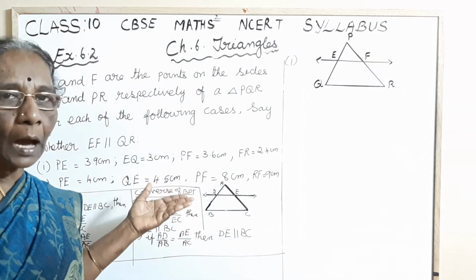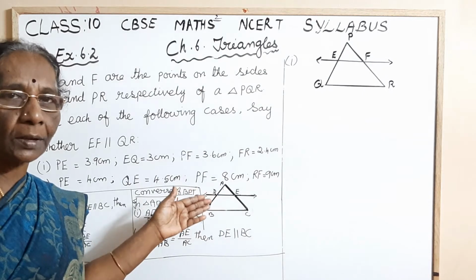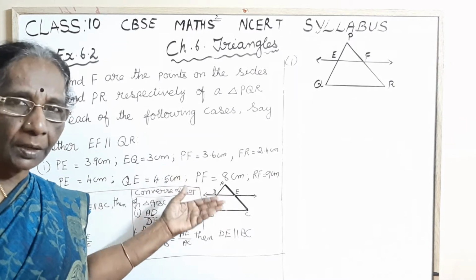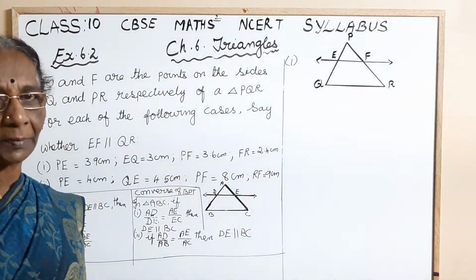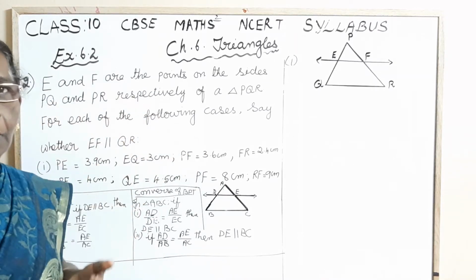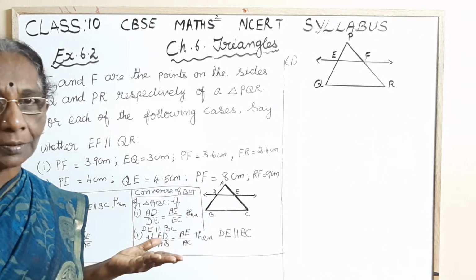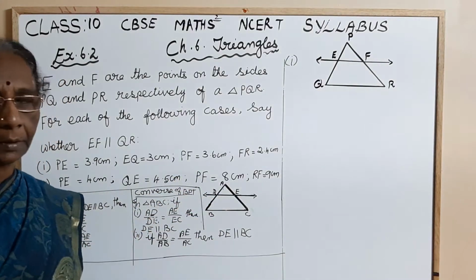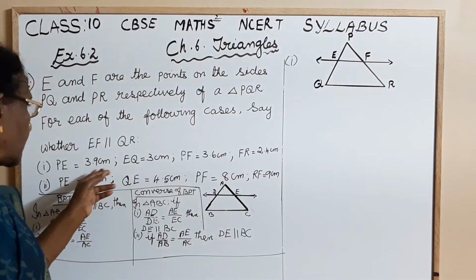That is, we have to check whether the ratios are equal, whether the two sides are divided in the same ratio. If the sides are divided in the same ratio, then DE parallel to BC. So, first we are finding whether the ratios are equal, then we have come to a conclusion whether DE is parallel or not. So, first ratios are equal, then parallel comes. So, we have to apply converse of BPT. Okay, children? So, first let us find the ratios. So, the first question,